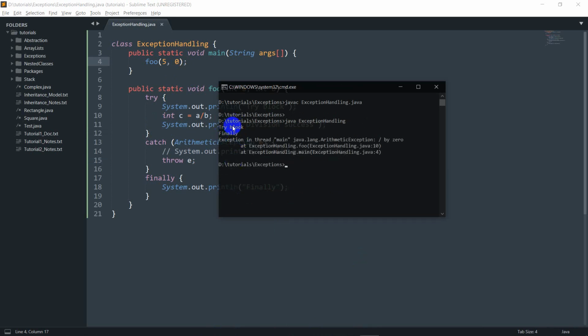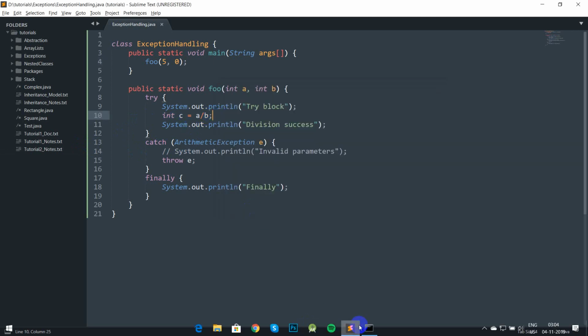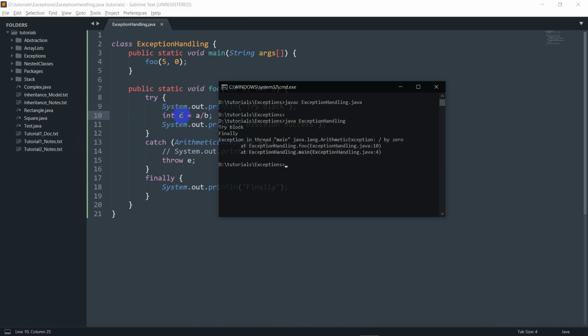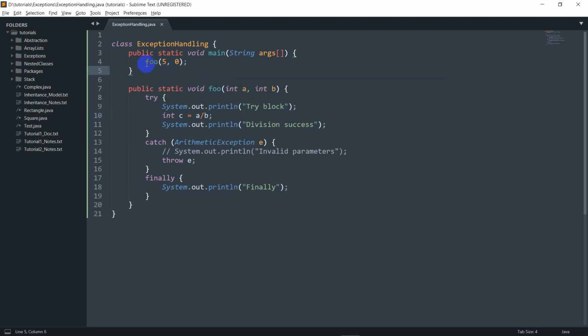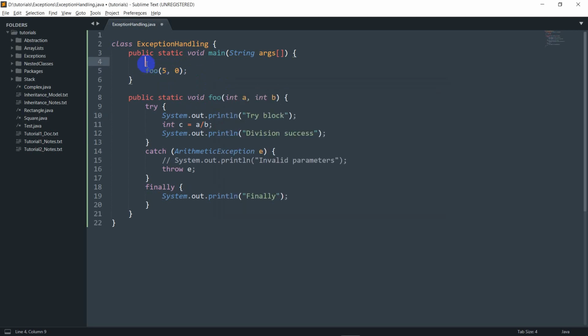Now again it went into the try block, it went into the finally block as well, but it says exception in thread main, and it points to this line right here. So that's where the exception occurred. Then it went to the catch block, and then it threw the exception right here, which is why the program terminated. So if I want to stop this from terminating, I should do something like try foo,